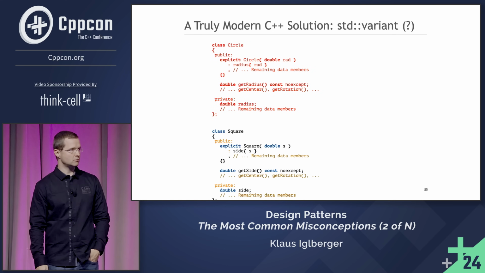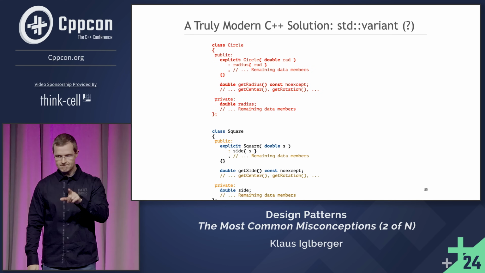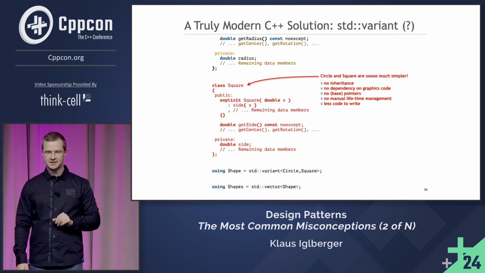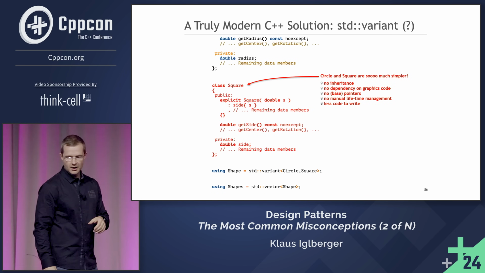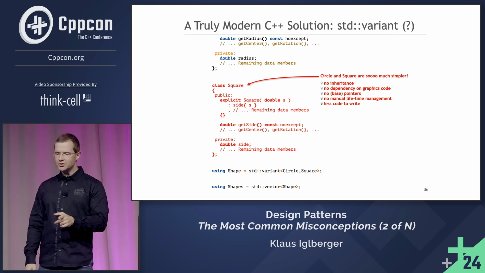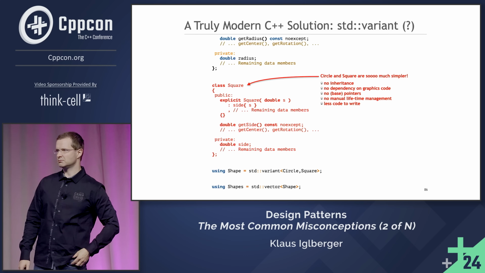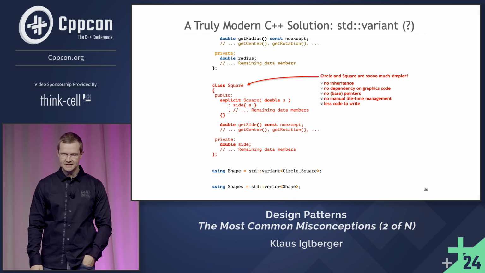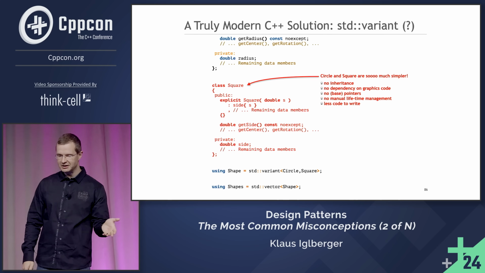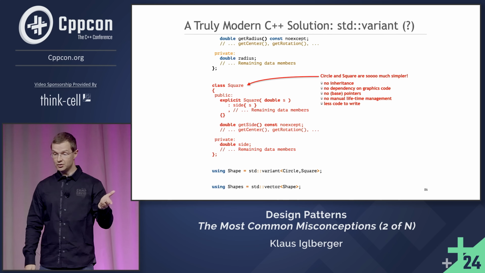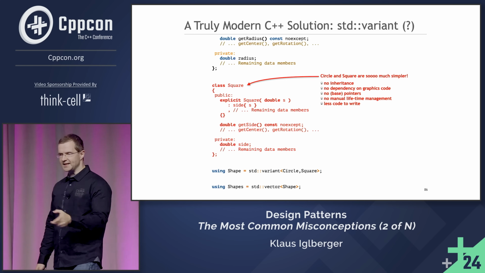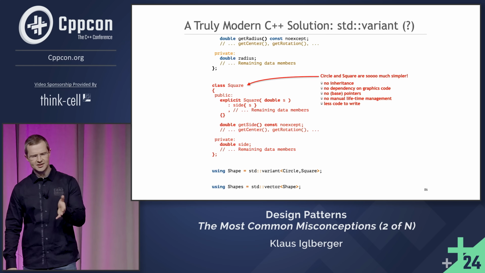writing a circle. Note, there's no base class. We also write a square. There's no base class. In fact, there's no inheritance at all. So consequently, there's also no virtual function, etc. You also don't see any strategy, no pointer to some base that tells the square and the circle what to do. No, this is a pretty primitive square class, a geometric primitive. So I do not depend on any graphics code, not even implicitly. There's no pointers to base, there's no manual lifetime management, and there's just less code to write.